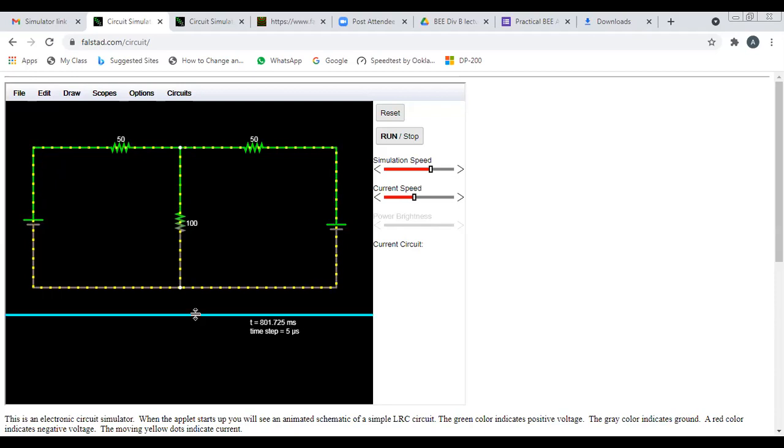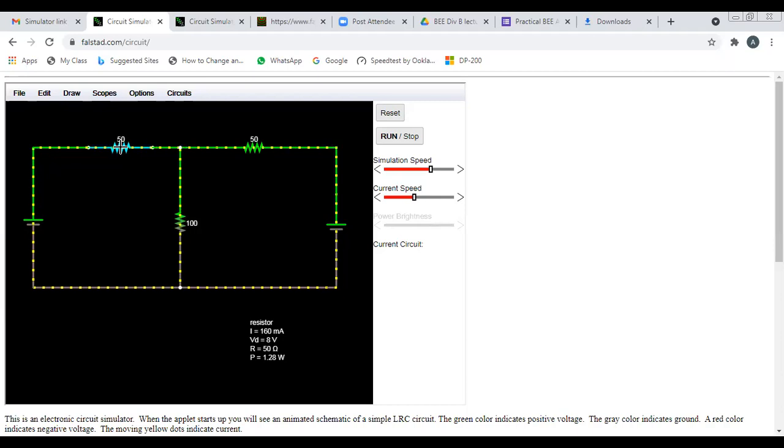Whenever you get asked to solve a sum using Kirchhoff's laws or superposition, theoretically you calculate all the parameters. What is the advantage of the simulation software? Directly you get all the values. If I put the cursor on the 50 ohm, that is R1. See the circuit, right hand side, bottom side.